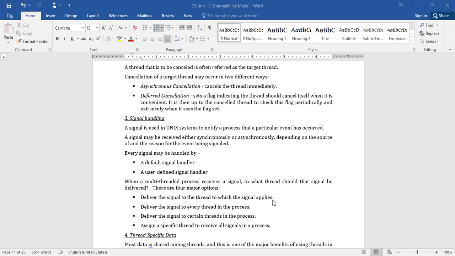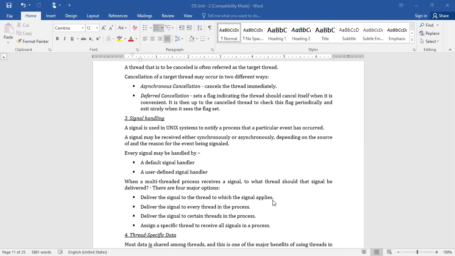A third option is to deliver the signal to certain threads in the process. Suppose four threads are executing; among the four, we supply it to only two. And the last option is to assign a specific thread to receive all signals in the process. These are the four options which we have.